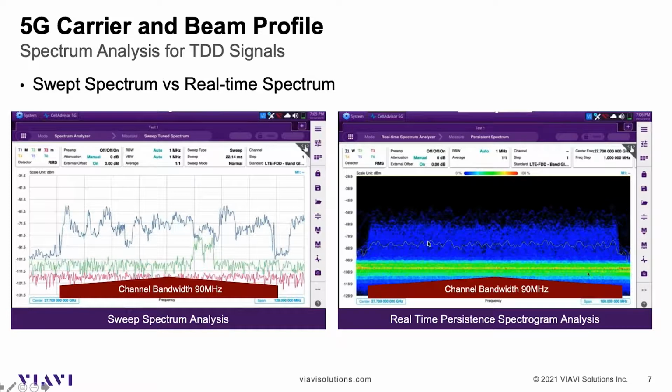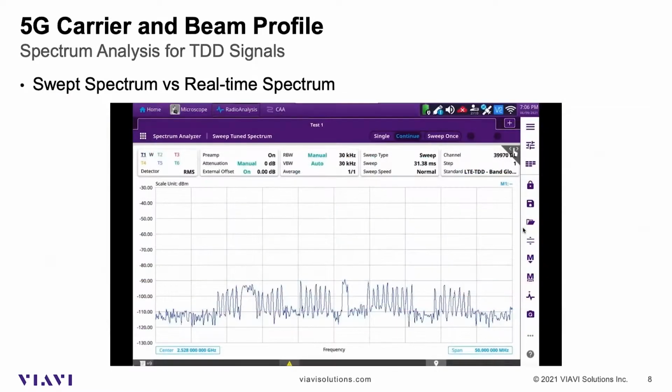Now, on the right-hand side, you can see a different approach of visualizing TDD signals, and that's with a real-time persistence spectrum. So this is a very good approach of having that visibility, because here we keep a little bit of the history of the signal itself. So even though signals might not be present, if signals were present for some period of time, here with a different color code, we can find the channel itself and have much better visibility. So this is just a new technique that now we have, and for that, let me just give you a